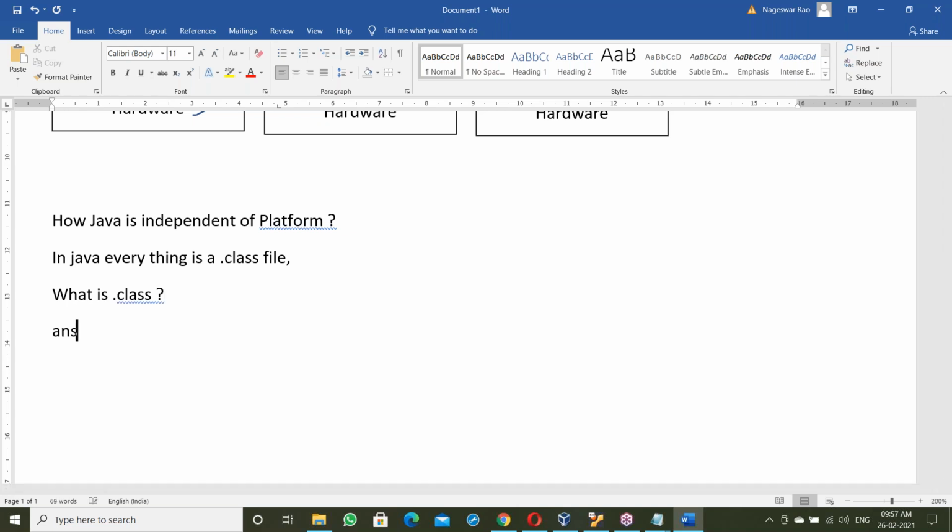The simple answer: a dot class file is a bytecode file.